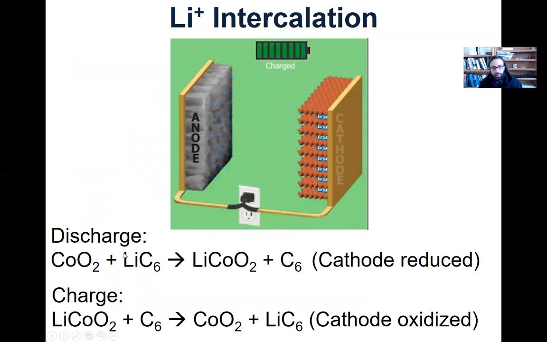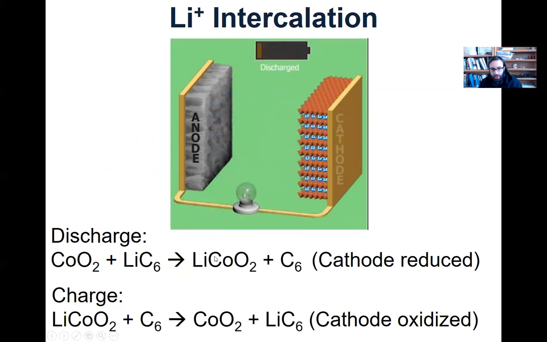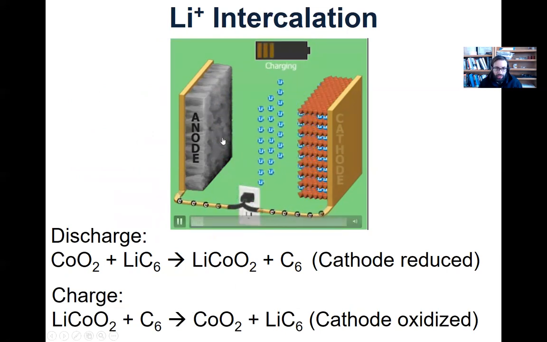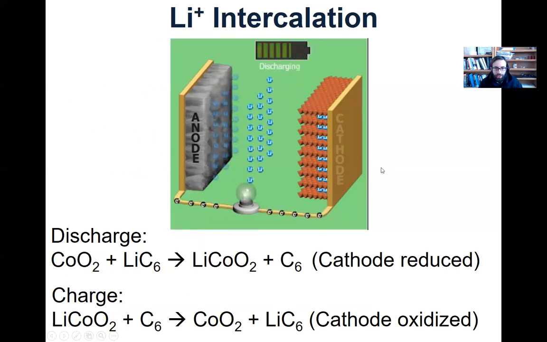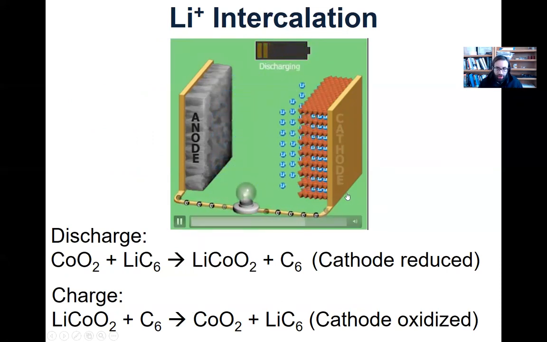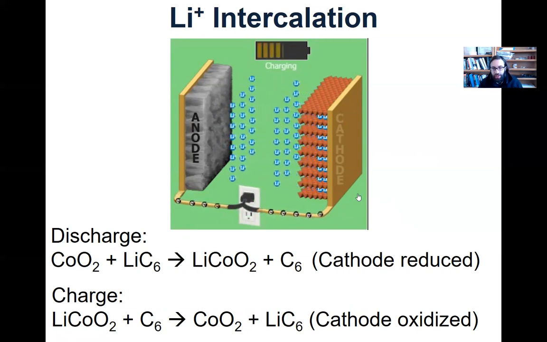And so during discharge, we have this reaction that we wrote in the beginning. And you can see here it's discharging. The lithium ions are going to the cobalt oxide cathode to make lithium cobalt oxide. And then when we charge it, we do the exact opposite. The lithium ions are going to the anode, back to make cobalt oxide, formally at least, and put lithium into the graphite. And so, yeah, sometimes these are called rocking chair batteries. The lithium ions are going back and forth, but they themselves aren't changing chemical speciation. They're always lithium plus, okay?